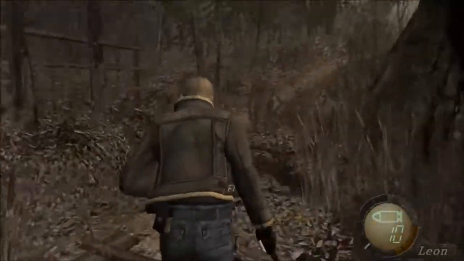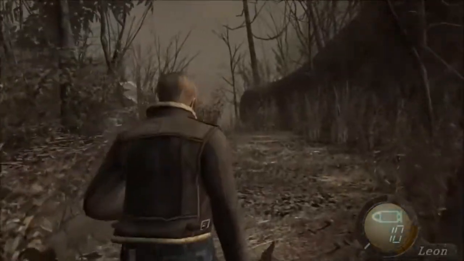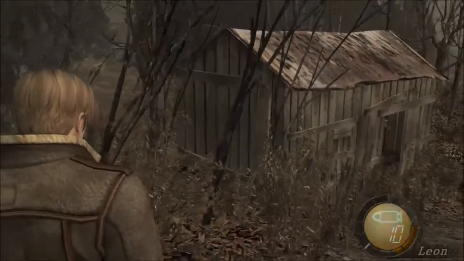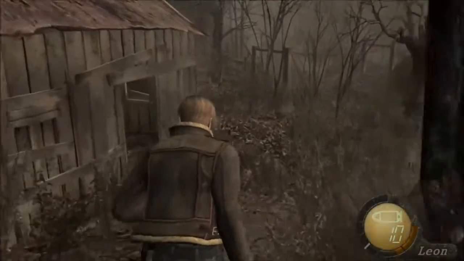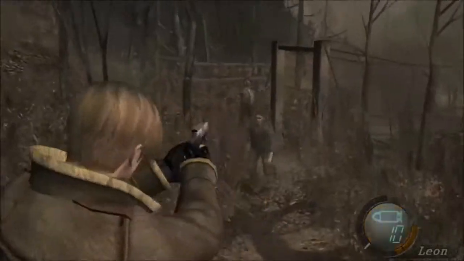So yeah, this is a game I've played quite a lot. Like I said, this is not going to be 100%, but this is going to be pretty in-depth. So I think the house is empty, but you got 2 guys over here. You can shoot them and lure them over, or we can just run over to them